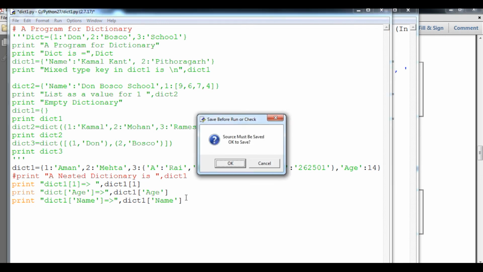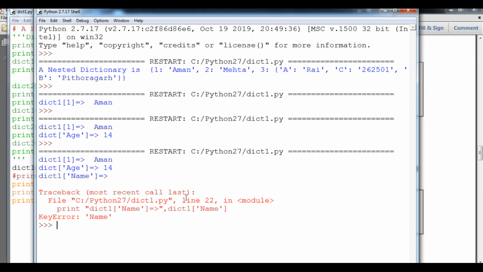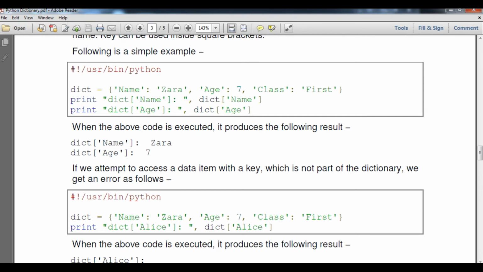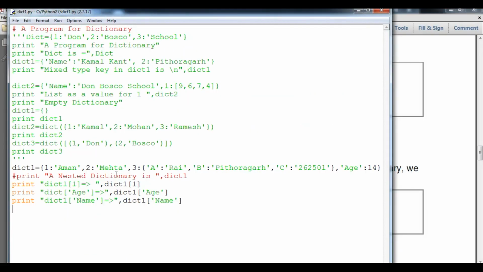So student, this time it will definitely give you an error, because there is no such key like name in my dictionary. The error will be a key error. If I change the key here to name, then I have to comment it out, because this will also give me an error.